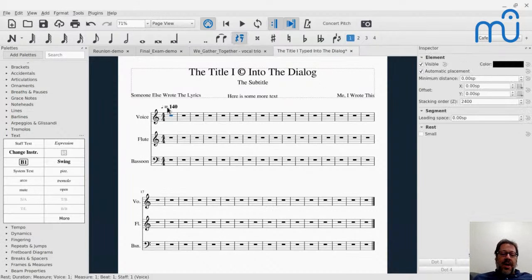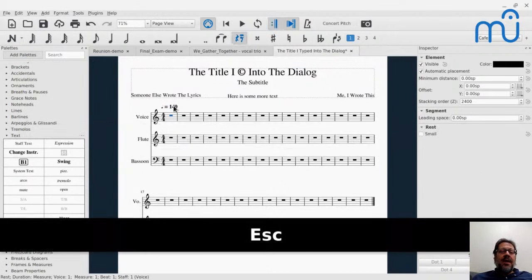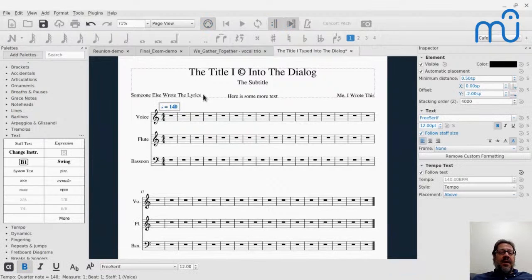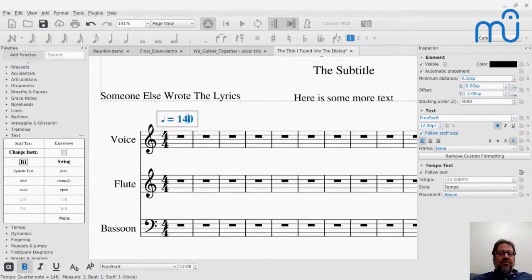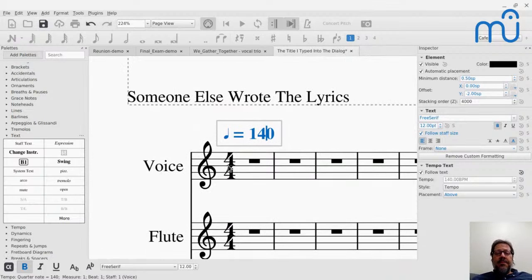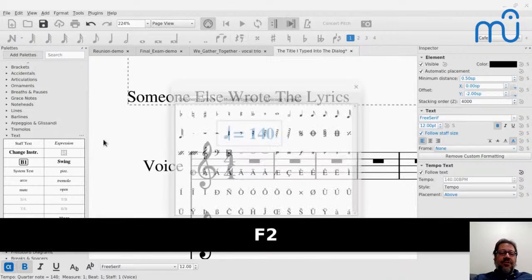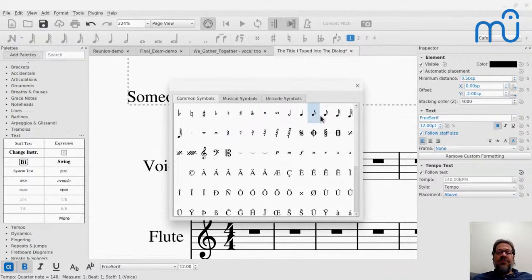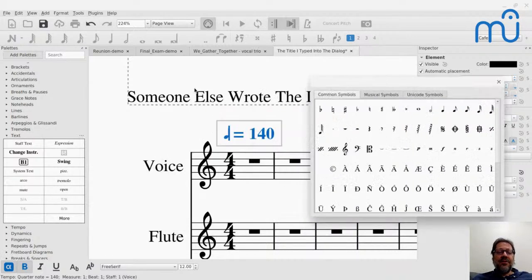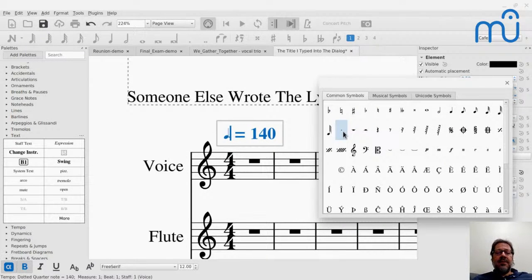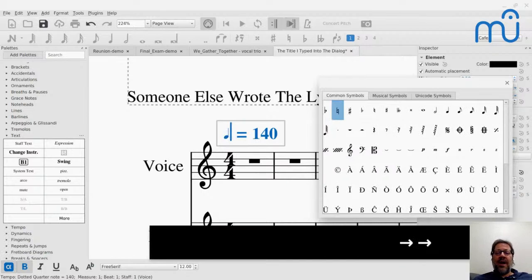Now, the tempo that we entered at the beginning, remember, I entered 140. Now it shows up in the text there. Let me zoom in. I'm just doing a control mouse wheel to zoom here. This quarter note here is also from that special characters palette. If I press F2, it brings up that special characters palette, and you see that here are those note symbols, and I can add a dot. If I add a dot, now there's a dot there. Or a space between them. There's a special space that's sized just right to put between a note and a dot.